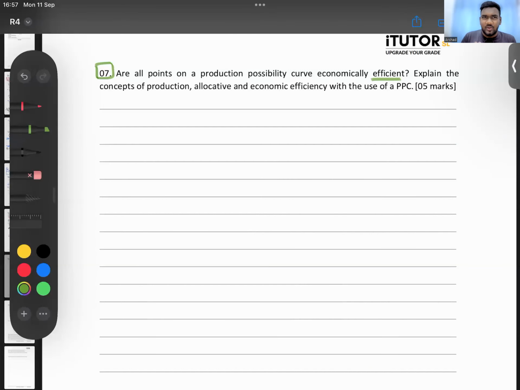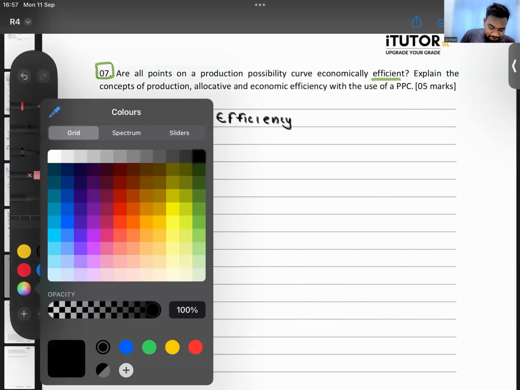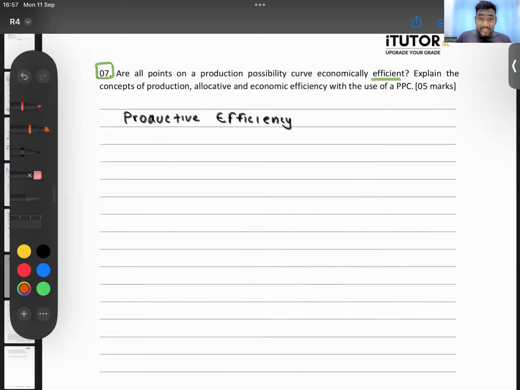I'm not going into detail to explain all of this again, but we'll quickly talk about this. Can you quickly tell me what is productive efficiency or production efficiency? In very simple terms, what does this mean? Productive or production efficiency refers to obtaining, or you can say producing,